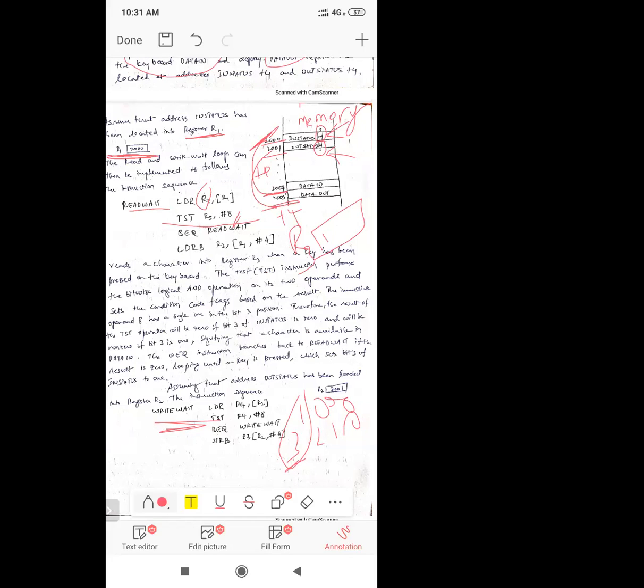Similarly, hash 64 means we test the 7th bit. Hash 128 checks the 8th bit. Like that, 1024 checks the 10th bit. This is the meaning of hash 8. And after checking that bit,